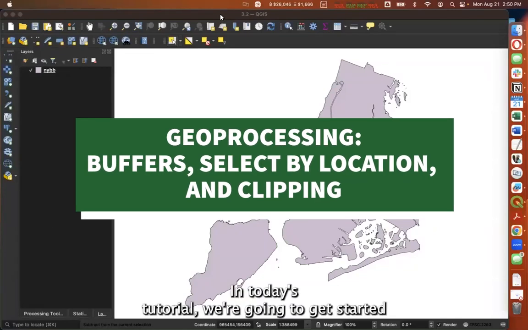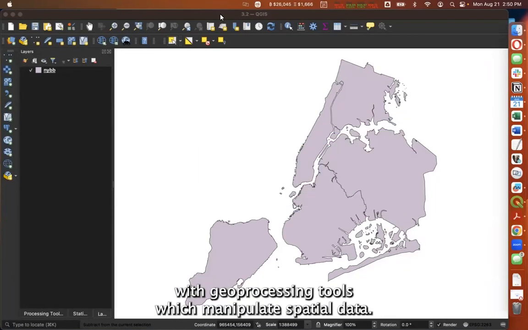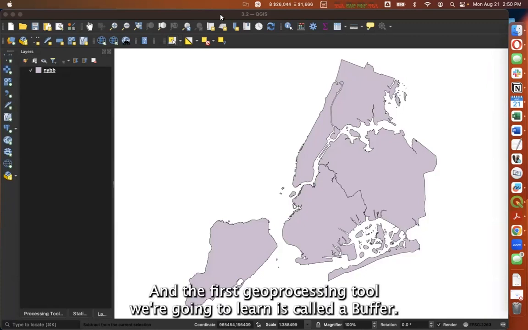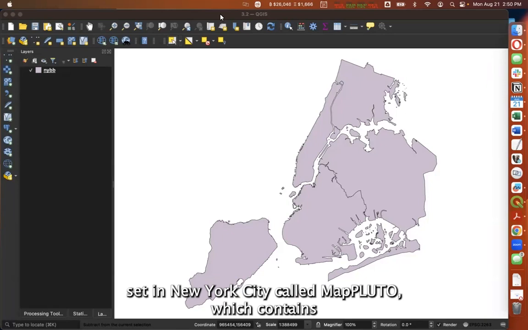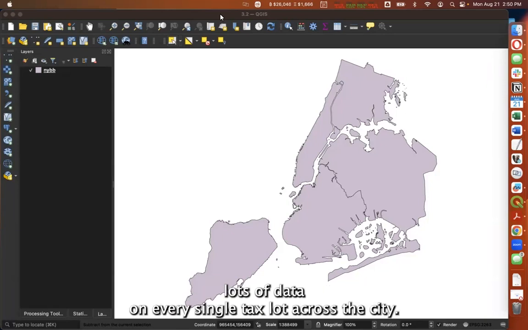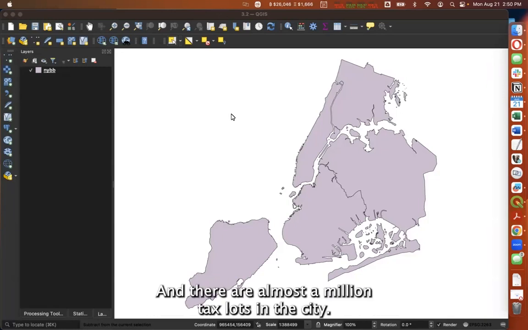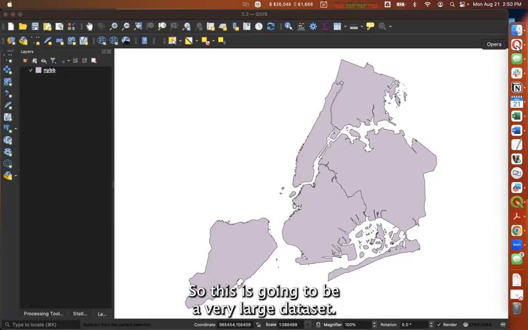In today's tutorial, we're going to get started with geoprocessing tools, which manipulate spatial data. And the first geoprocessing tool we're going to learn is called a buffer. So in order to learn about buffers, we're going to use a very large data set in New York City called MapPLUTO, which contains lots of data on every single tax lot across the city. And there are almost 1 million tax lots in the city, so this is going to be a very large